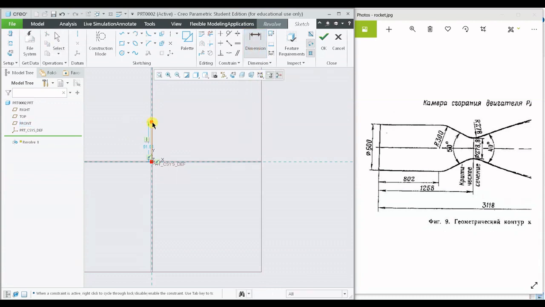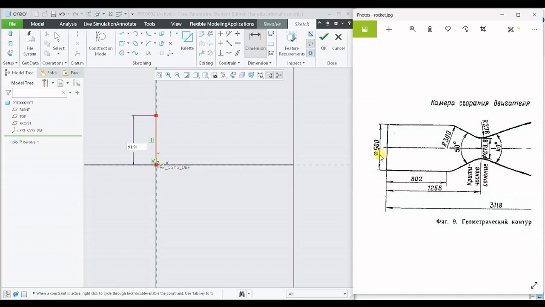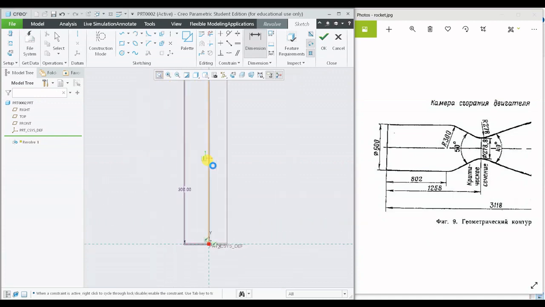So the diameter of this upper half, we have the diameter present to us, that is equal to 600 units. As we are sketching the upper half, we have to divide it into 2, and that will be equal to 300. So I can directly type 600 divided by 2. So this is the upper